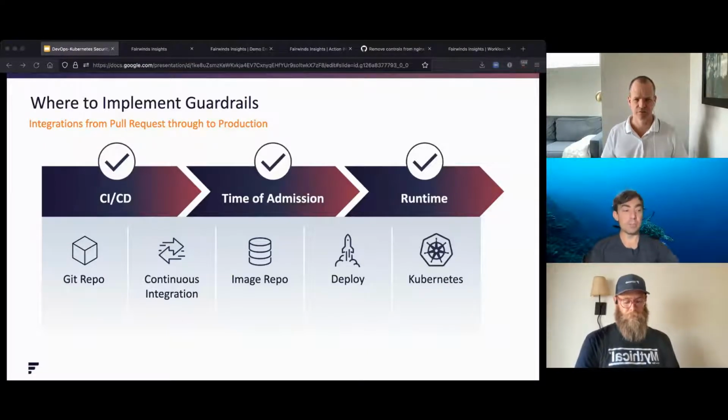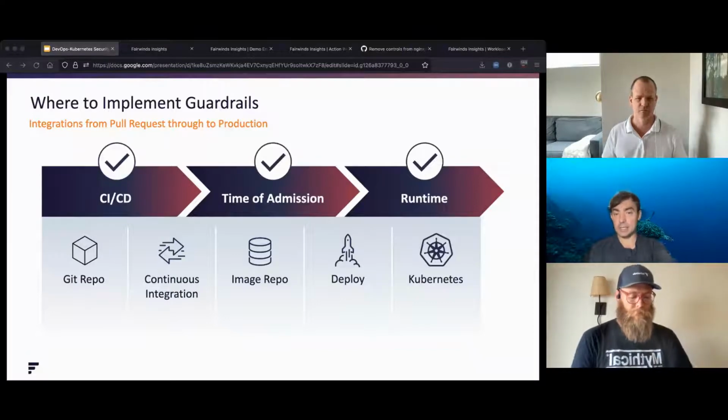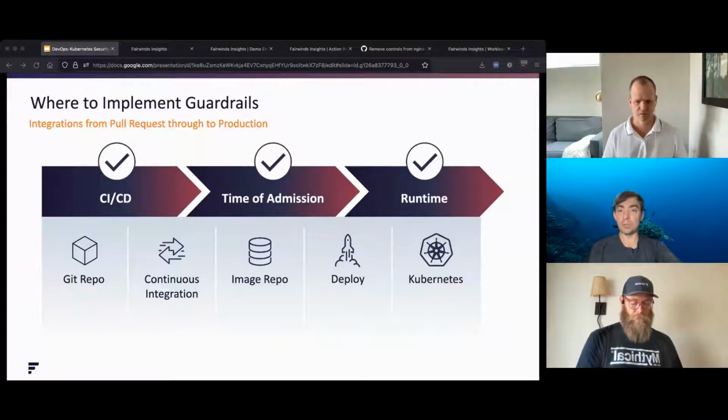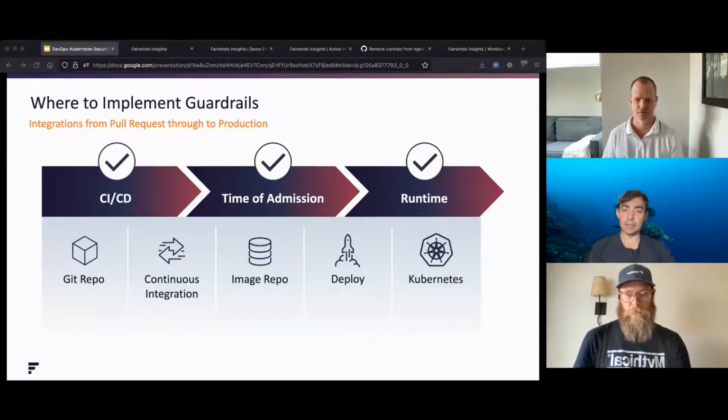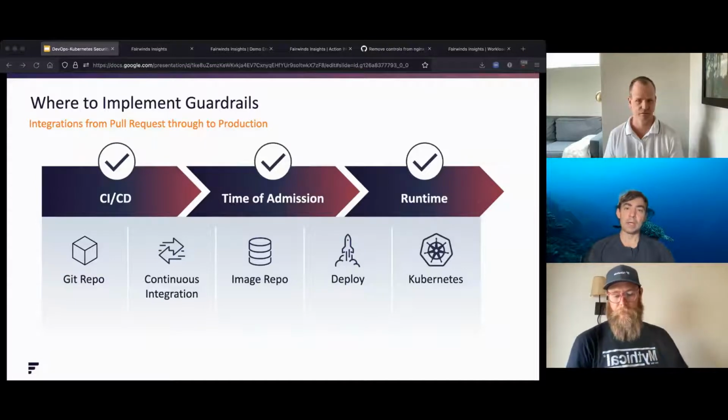Or maybe you've got something inside your cluster that is automatically changing things. So it's important to implement some of these guardrails at the time of admission, so at the time the change is being made in the cluster. It's better to catch them earlier on in the process, say in CI/CD, but the admission controller serves as a bouncer to your cluster. It's a last resort as those changes are being made. It can stop things at that point in time.